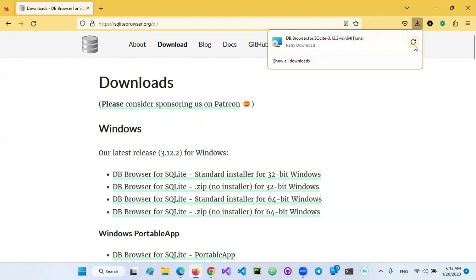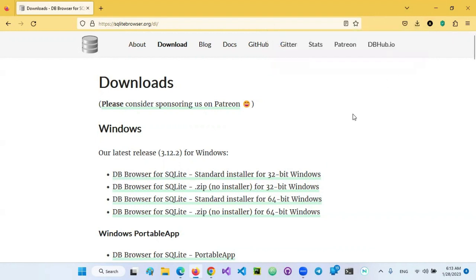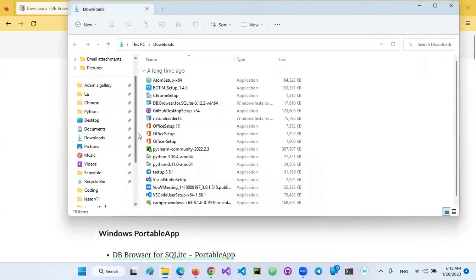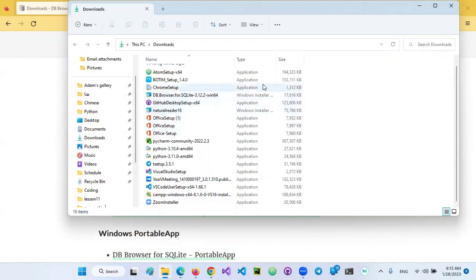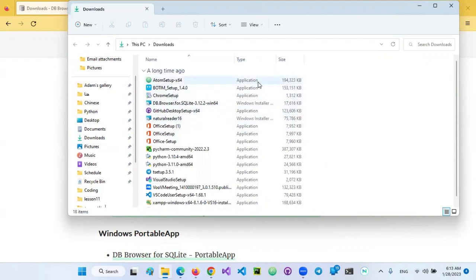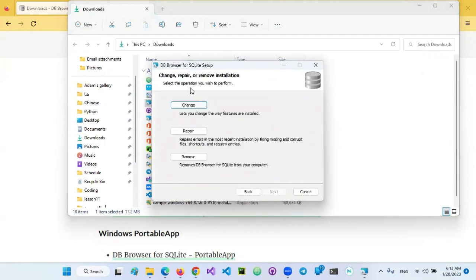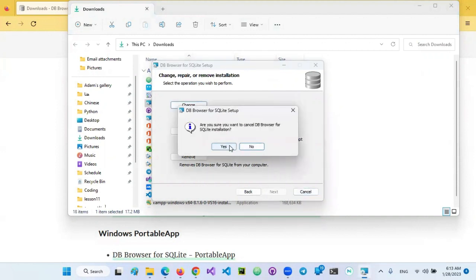There are some setups you will do. So you will need to open the download or the place you saved it in and go to the DB browser. This one. It will give you this welcome. You will click on next and delete this step because I already have it, and just follow the following